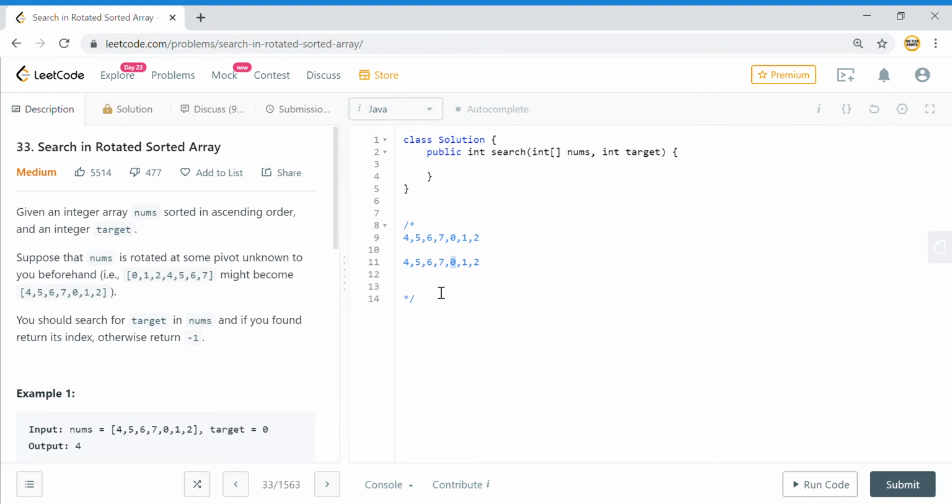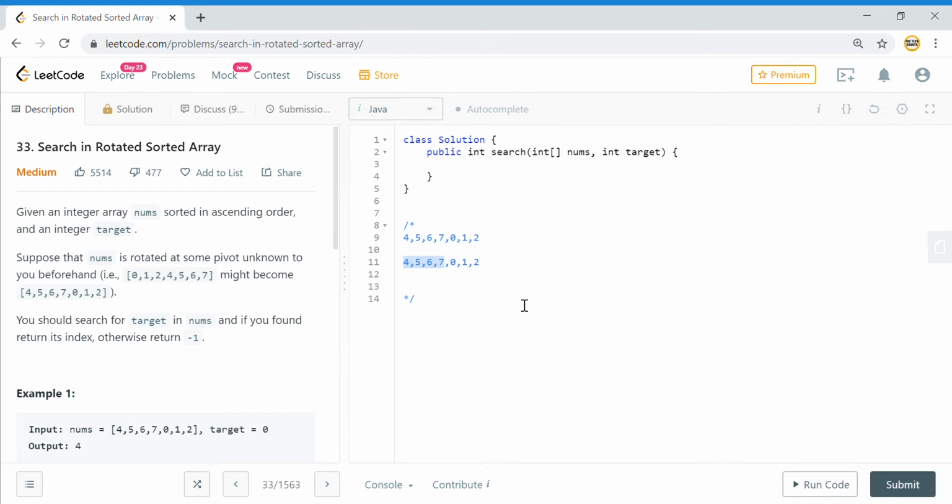Now I will have two choices. The target that I have to search will be either from the pivot till the end, or it will be before the pivot. So I can basically break the array into two parts. I can either search in this particular sub array, or in this particular sub array.